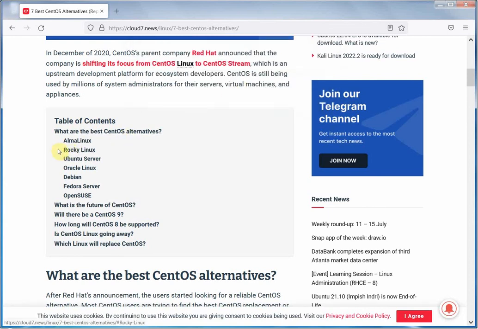So that can be a substitute, but it's relatively new. Ubuntu is also a good substitute, but Ubuntu is not in the Red Hat family. Okay, so that is